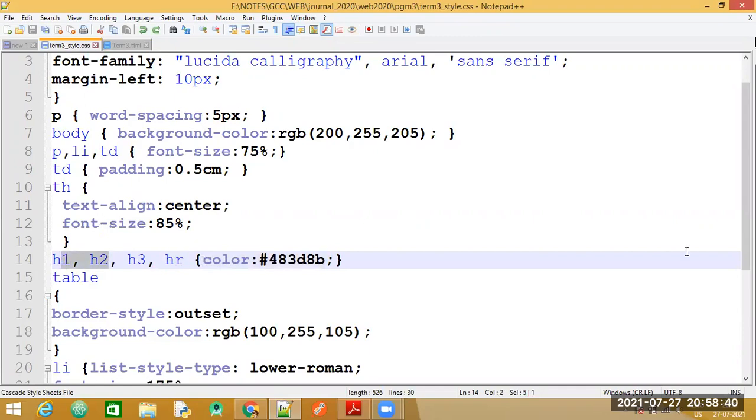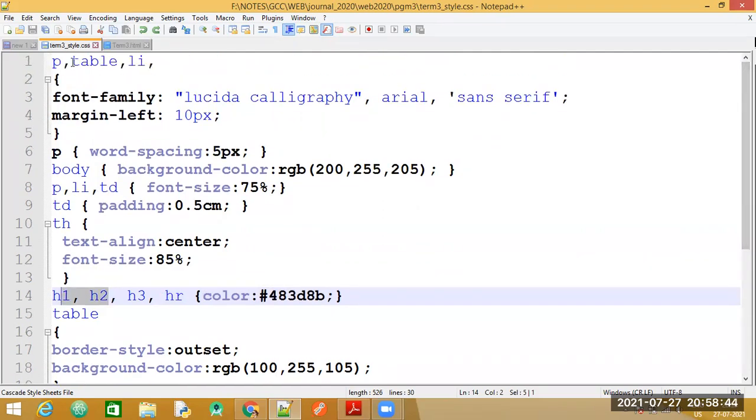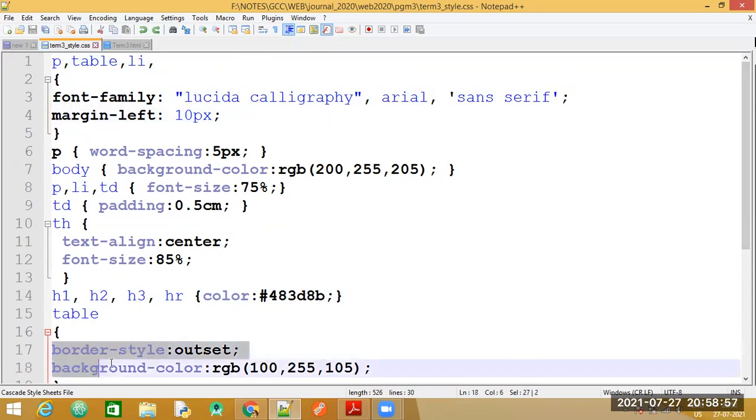Then for the table, as well as for the list element, the same font family and the same margin properties are specified. Then for the table again, the border style outset is given and the background color is given.